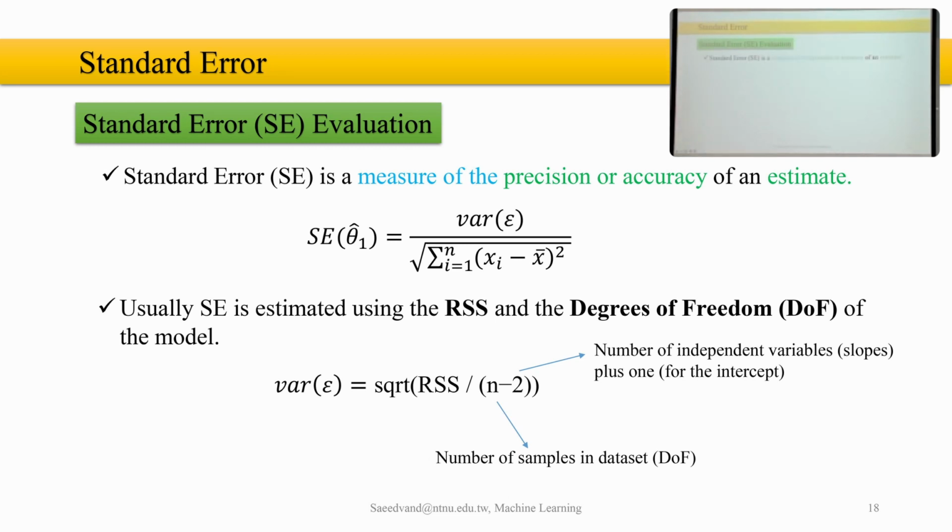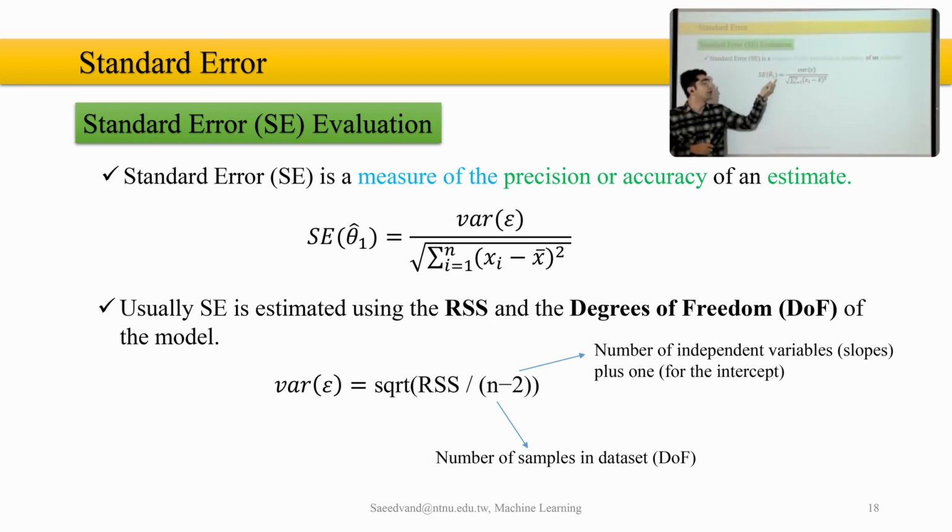Let's see. We say the standard error is a measure of the precision or accuracy of the estimate, and it can be written by this term over here. We usually show it as a standard error, but we said that standard error should be on intercept and slope. And intercept and slope were parameters of the linear regression. We wanted to find the intercept and slope of the model. We want to interpret that one. What is the standard error for